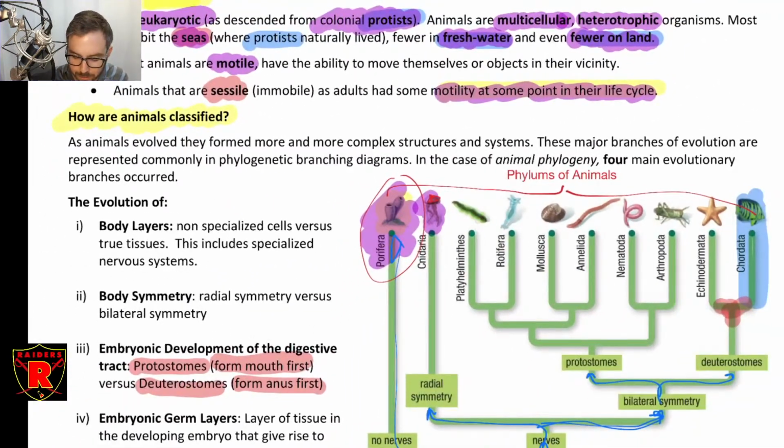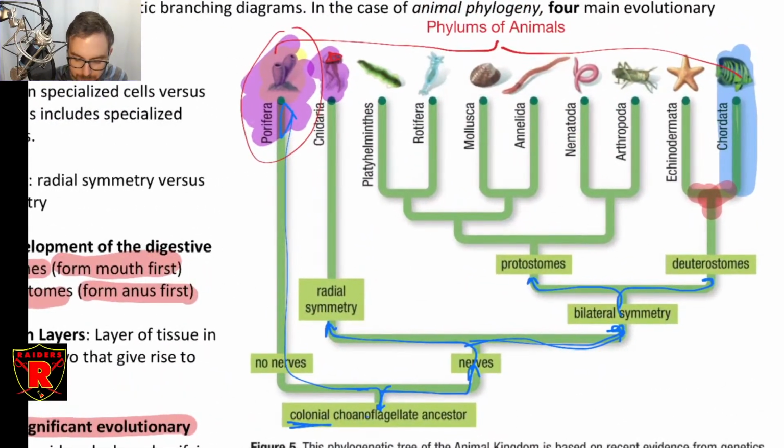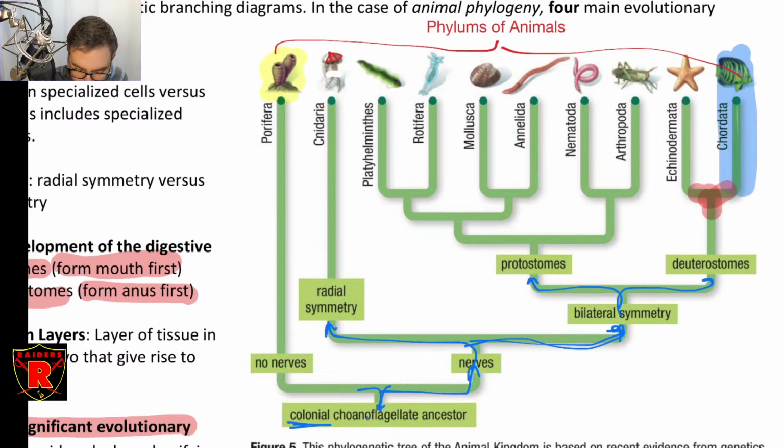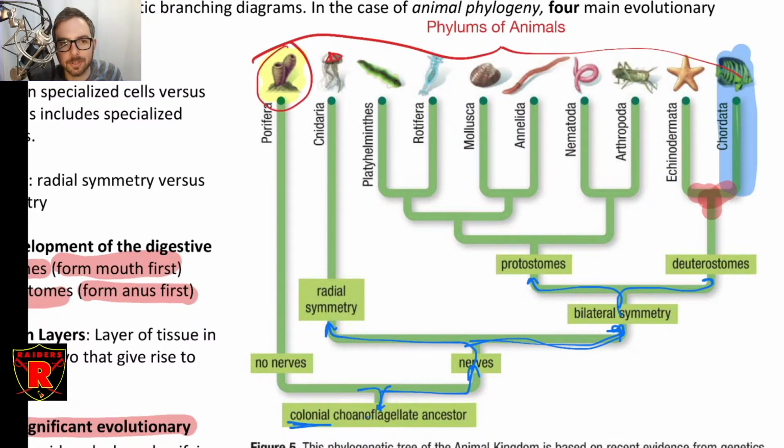Okay, so those are the general characteristics. This is a table right here of animal phylogeny. It's showing all the phyla of animals. Oops, didn't mean to delete that one. So all of these things are animals, and probably the one that sticks out the most for you is the most ancient of all animals, the Porifera, because you probably didn't even know it was an animal.